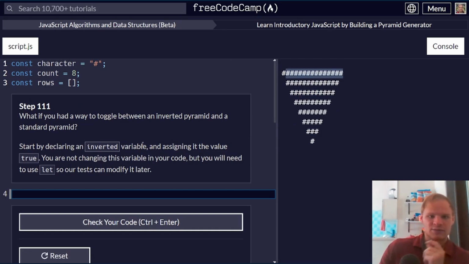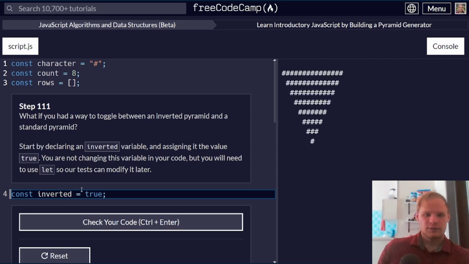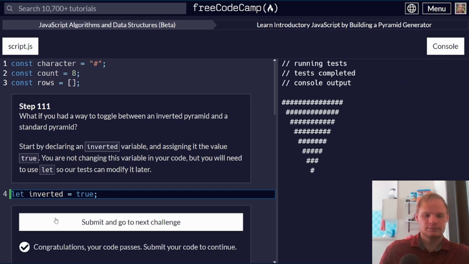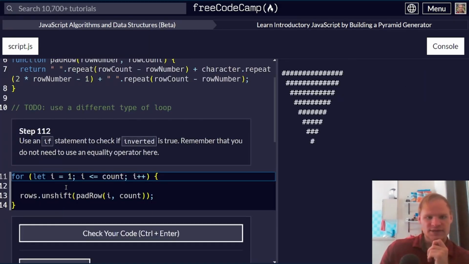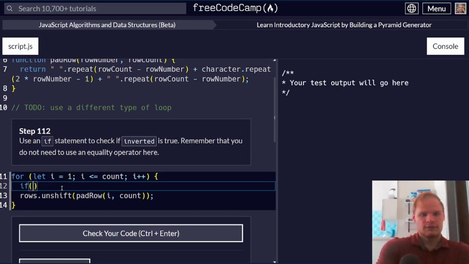What if you had a way to toggle between an inverted pyramid and a standard pyramid? Start by declaring an inverted variable. All right, it's const inverted, assigning the value of true. We will need to use let so our test can modify it later. Okay, so instead of const, let's use let. Use an if statement to check if inverted is true. If inverted,